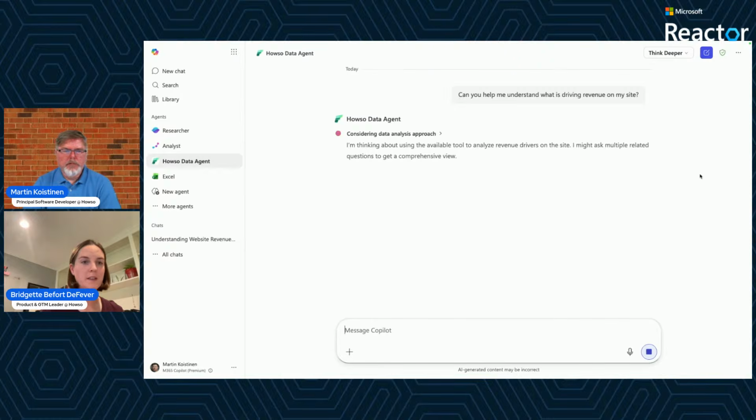So here, while it's thinking, right now we're using this in the context of a predictive and prescriptive insights workflow and analytics for a business user. They're trying to understand how they can improve their business process or drive revenue. But again, like I talked about earlier, we can also use Howso and generate the insights that we generate and provide context for the LLM to help it improve itself and help it work in an agentic manner.